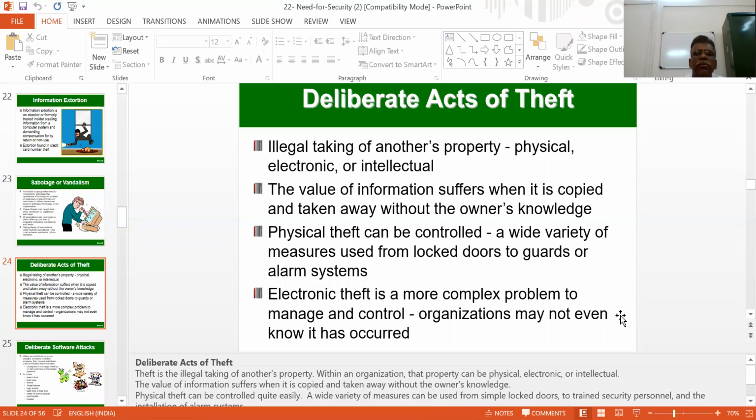n number of users, n number of customers, not only the documentation flow in the form of electronic, but also digital, and they use their own intelligent characteristic features in order to steal the flow of a property. You can say illegal taking of another's property comprises the physical way, the electronic way, digital also, and intellectual property. The value of information is going to suffer,